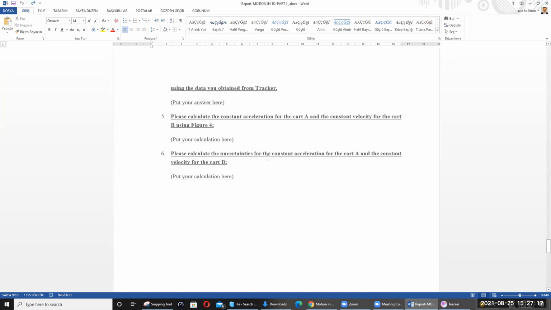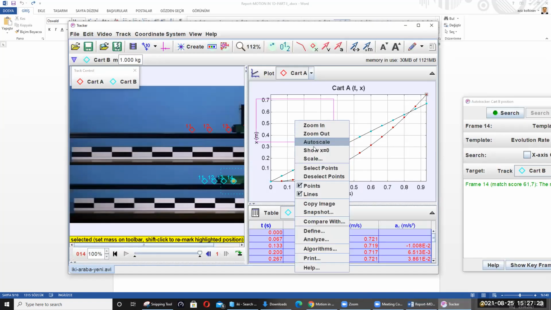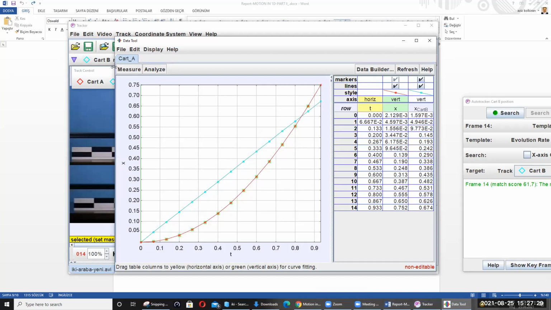You can maybe produce best plots, or you can go with analyze and choose curve fit, etc. The curve fit, you can make a curve fit for example, for card A, it's going to be a parabola fit. So from the parabola fit, you will be able to figure out the acceleration, which is a constant acceleration. And also you can do this curve fit for card B, which is a constant velocity motion. So you're going to just choose a linear fit,